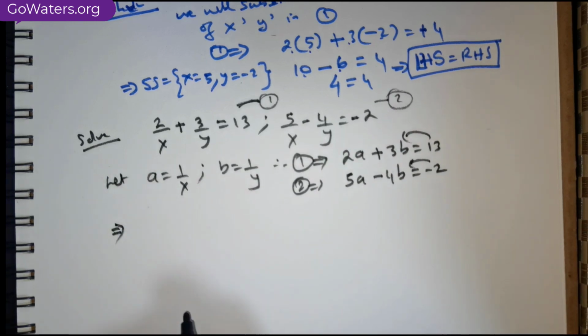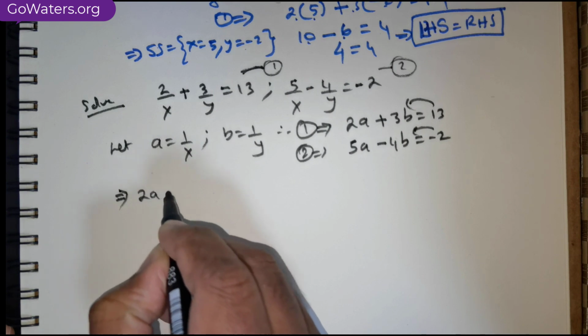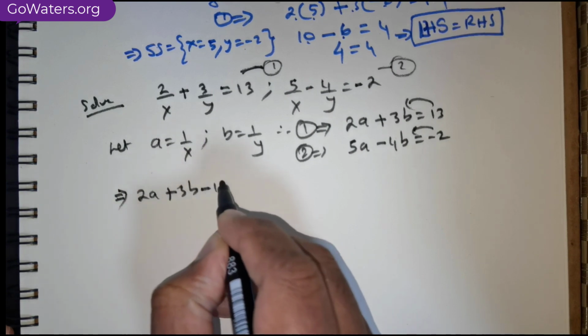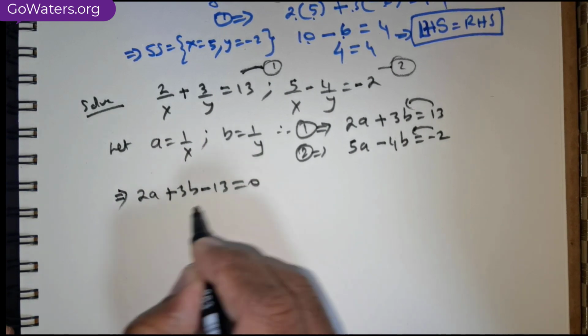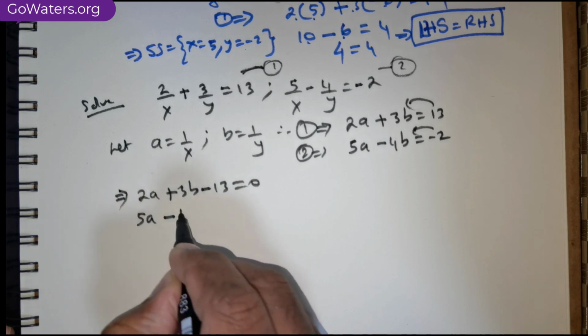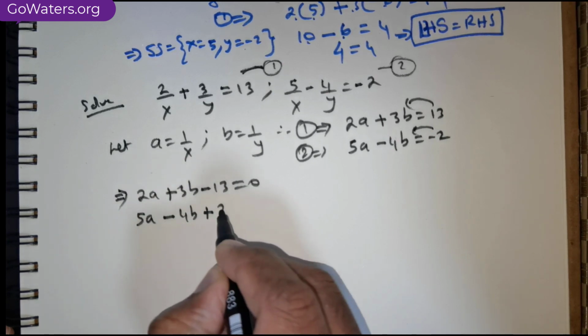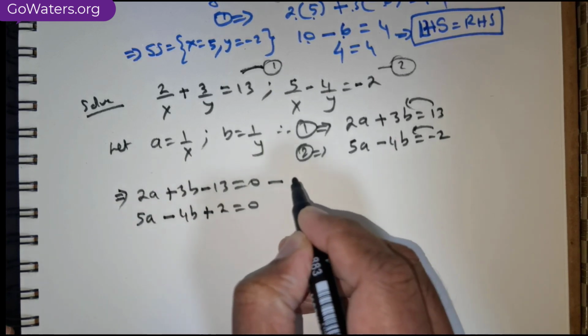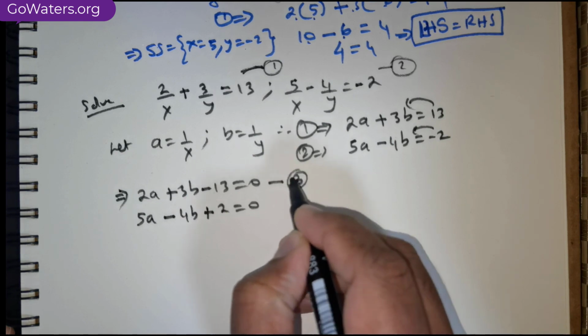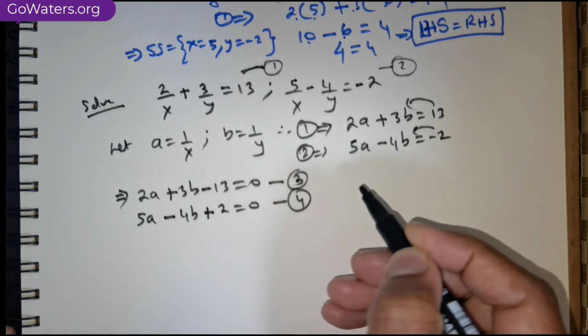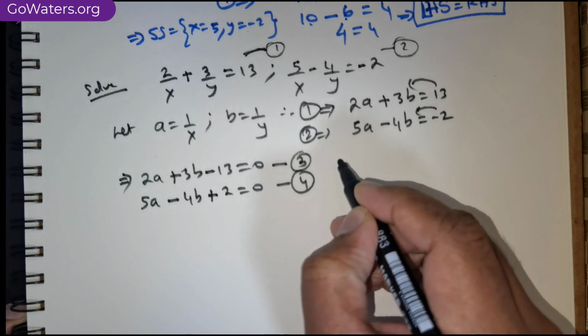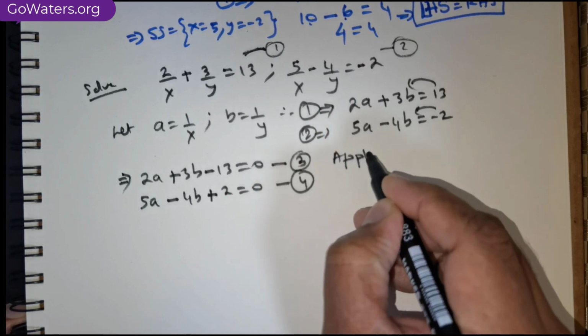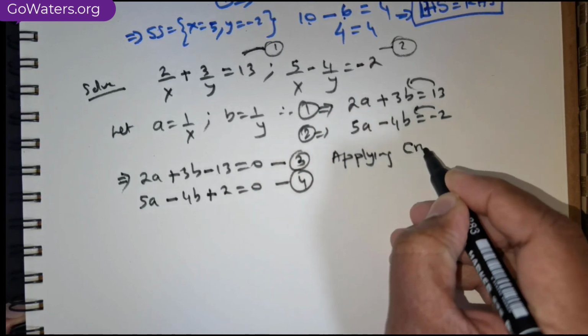So this means this is going to be 2 times a plus 3 times b minus 13 is equal to 0, and 5 times a minus 4 times b plus 2 is equal to 0. I take this as equation 3 and this as equation 4. So we are going to be applying cross product,